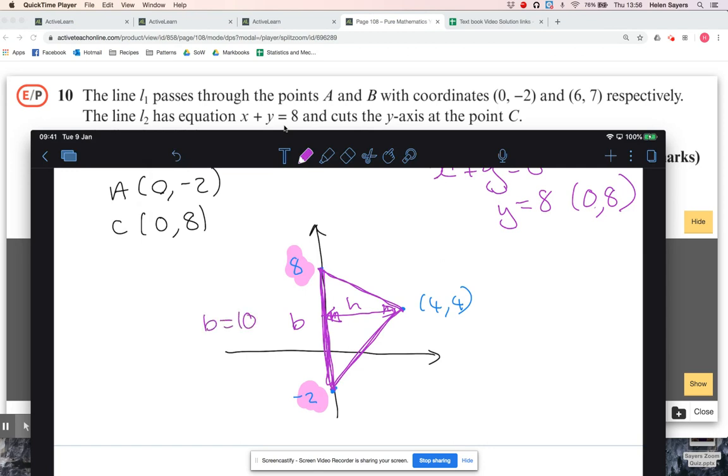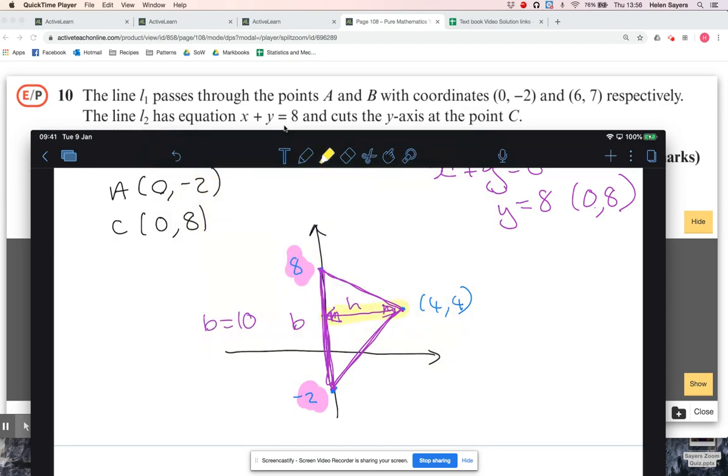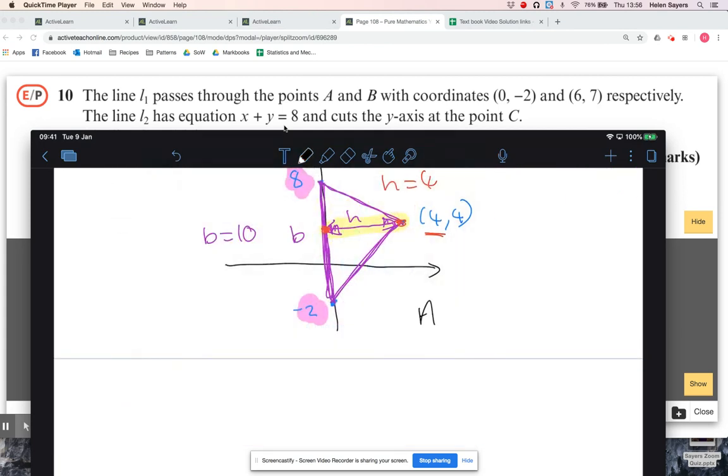The height: the y-axis is where x is 0, so the distance from there to D is just going to be the x coordinate. So the height is 4. So the area of that triangle, using half times base times height, is going to be a half of 40, so 20